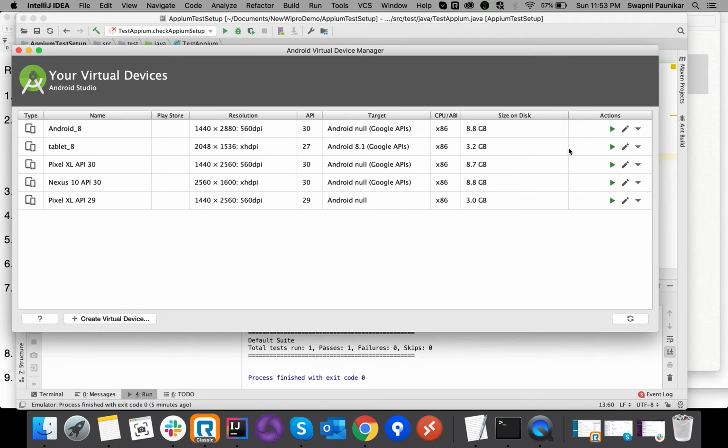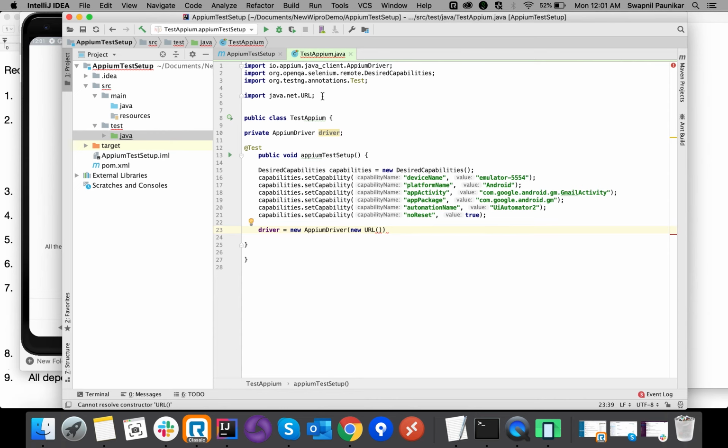Now we have to provide all these capabilities to the driver object. So we initialize it: driver equals new APM driver, and here we have to provide the URL, from java.net.URL.